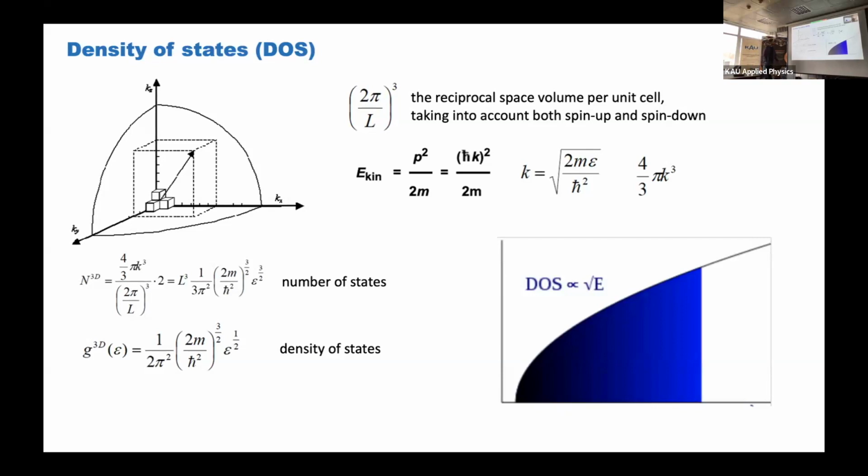So just a few words about density of states. It's some reminder, a slide from the previous term. We have a real space, and then we create reciprocal space. Why do we need it? Because it's easy to calculate energies. In energy you see p squared divided by 2m, and p is h-bar, the Dirac constant, times k. K is a wave vector.